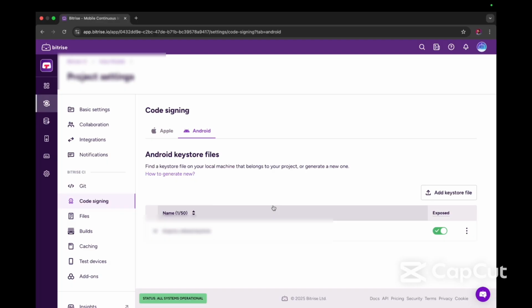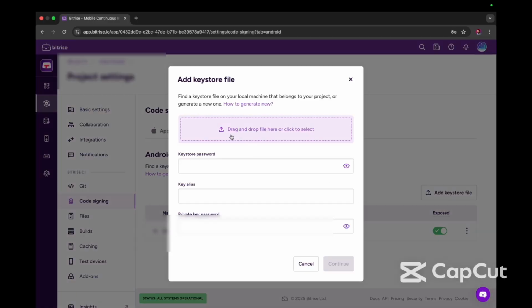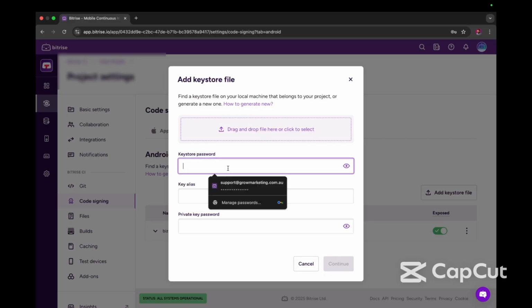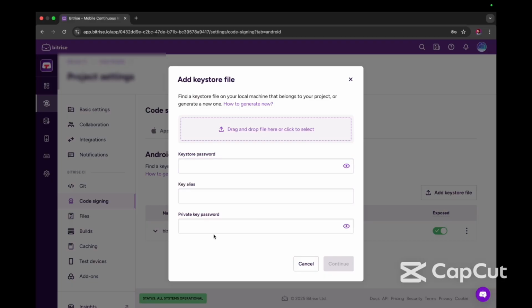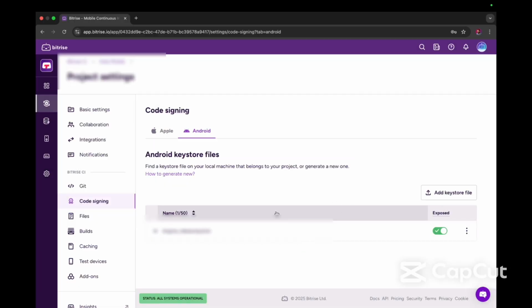I have already added my keystore file. You can add your keystore file by clicking this button, and you can drag your .keystore file, and you have to provide all the details regarding that keystore file: password, alias, and key password. So those things you have to add. After that, you can see your added key file in here. So once you open this,